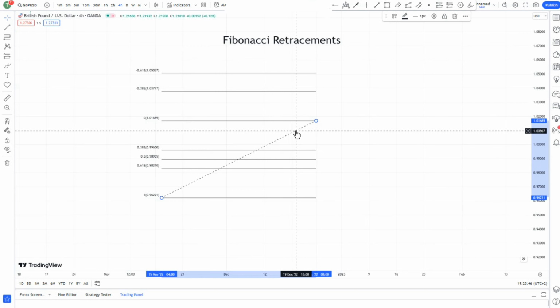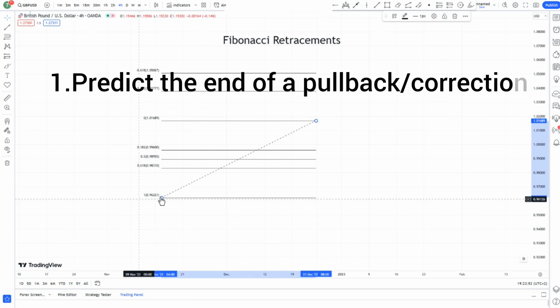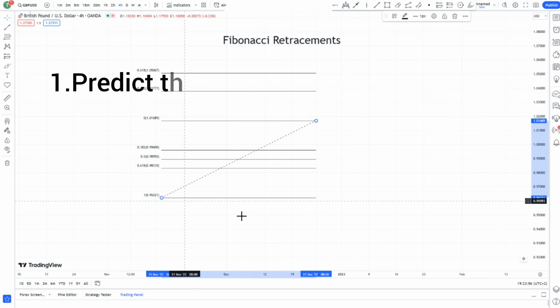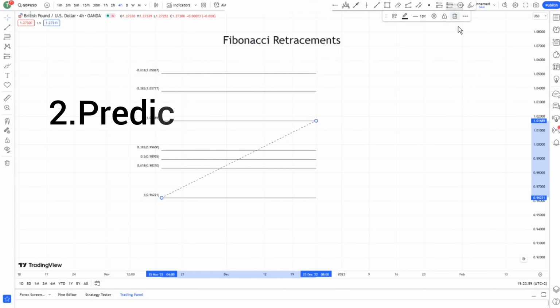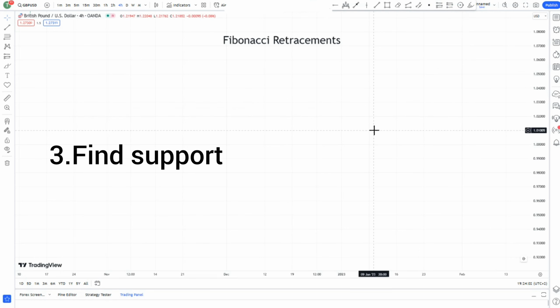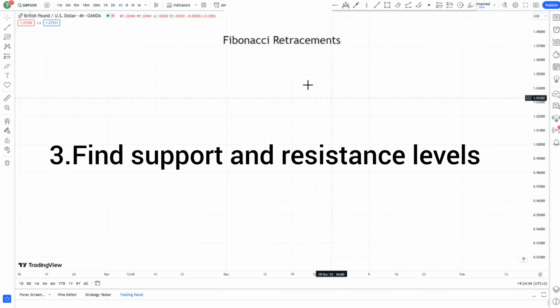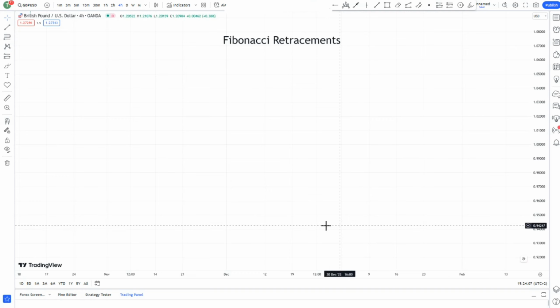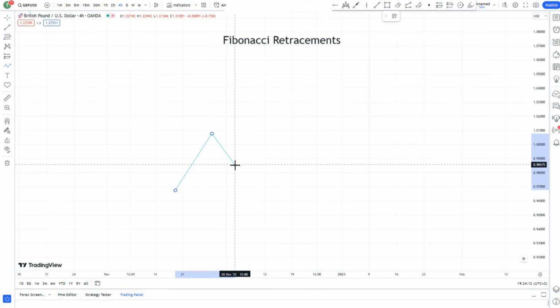Now, the Fibonacci can be used for different purposes, right? You can use it to predict the end of a pullback or a correction. You can use it to predict the end of a retest, and you can use it to find support and resistance levels. So let's talk about how you can apply it on a price movement. Say price is moving